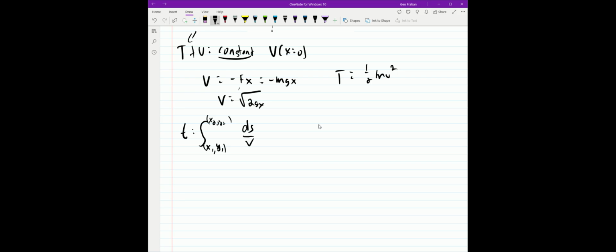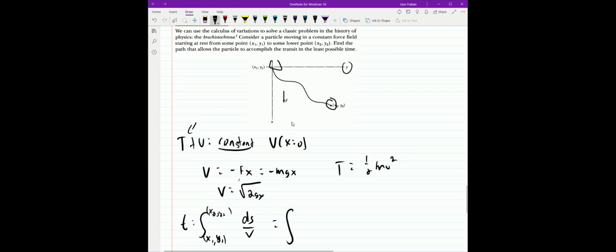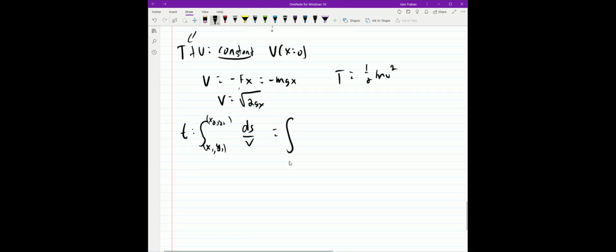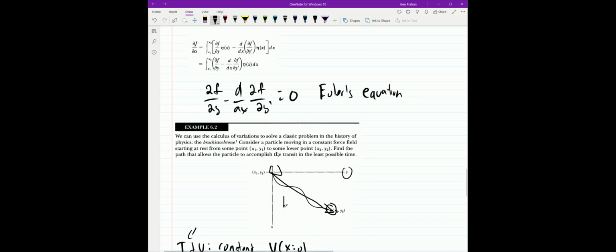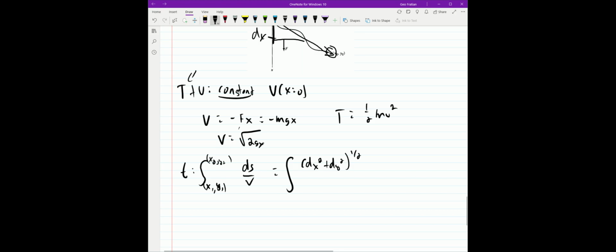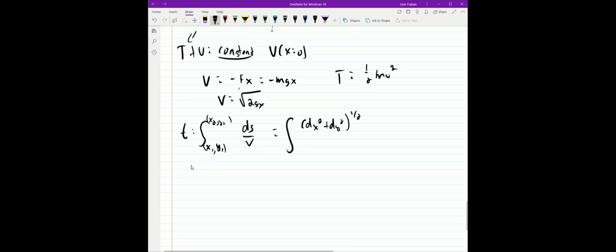distance over velocity, well, putting it in our actual units where ds is that. We have dx squared plus dy squared to the 1/2, right? Since if this is a distance dy, this is a distance dx, to make the triangle, right, it's Pythagoras. Okay, and then we have our equation for v, which is 2gx to the 1/2 from just normal energy conservation. And that allows us to